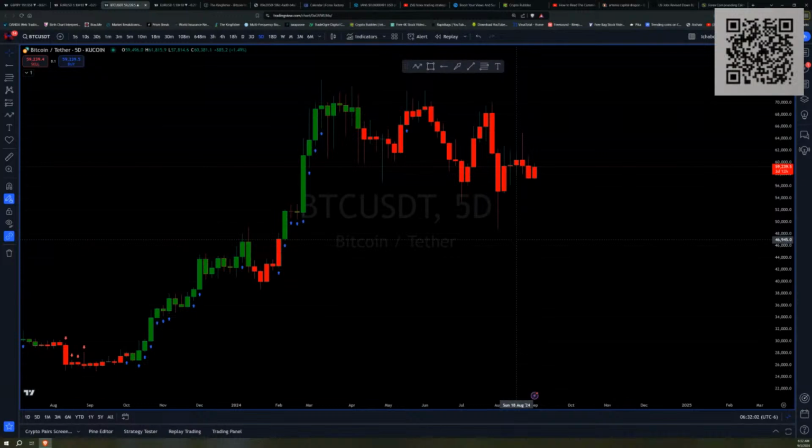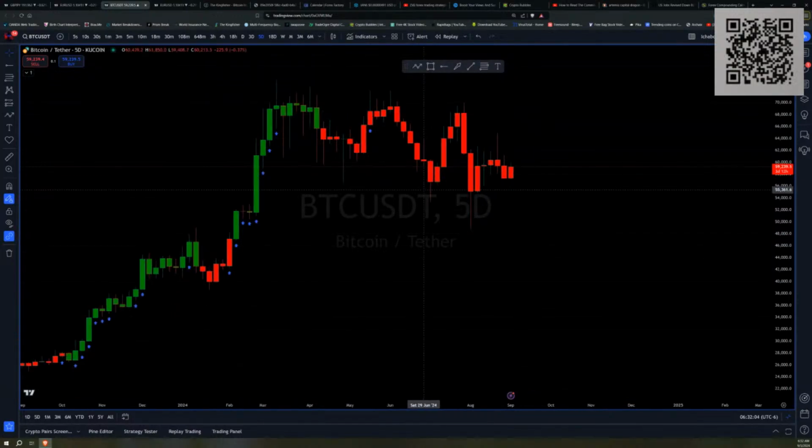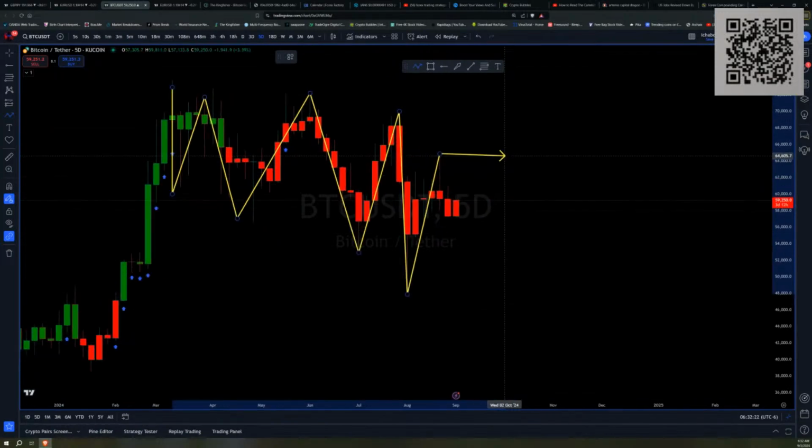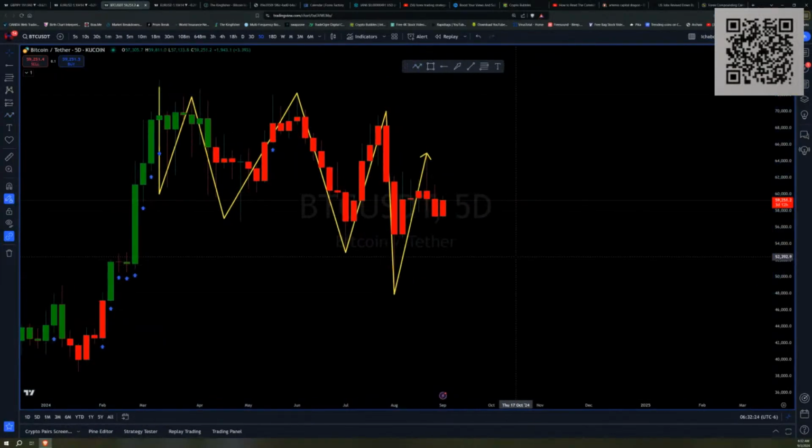So you're looking at a chart going back to a year ago. And this last 6 months, whatever it is, go back to March, you'll notice the price is just kind of chopping, and it is a little bit of a downtrend, lower highs, lower lows. And we just had a nasty rejection up here towards the end of August, right at 64,000. Price tried to rally up, and it